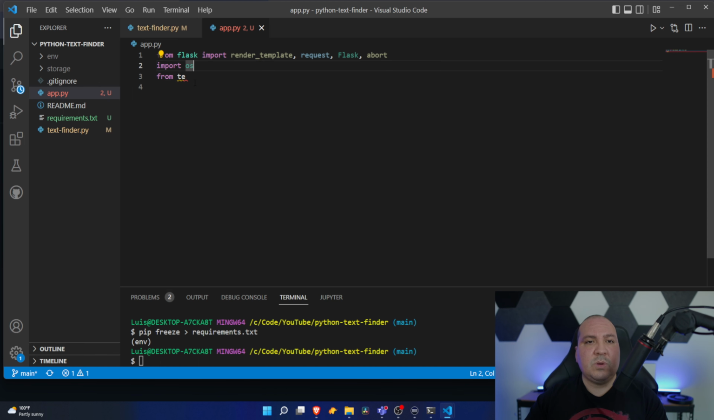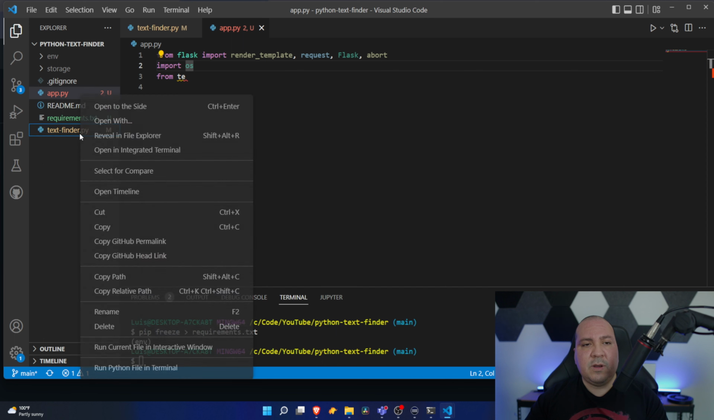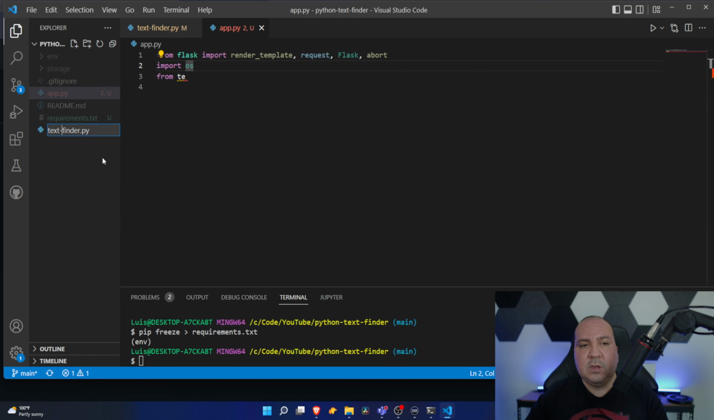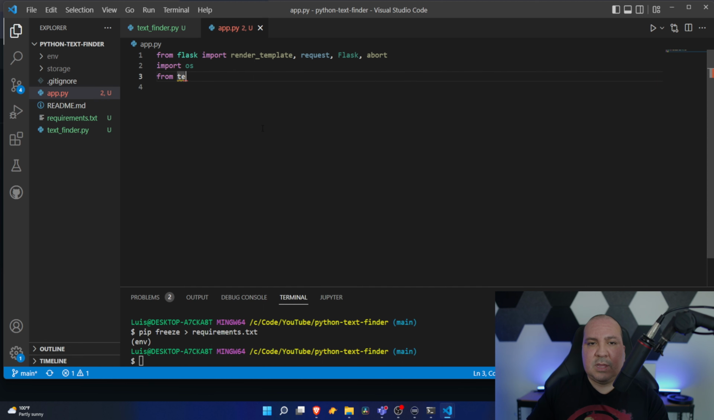So here's one change we need to do. See how I have text hyphen finder? We're going to change this name. Let's redo the name because the hyphen is actually causing issues. I'm going to call this text underscore finder. So I ended up changing that name to text underscore finder, import text_finder. Alright, cool. So now that I have that, let's go ahead and get our app